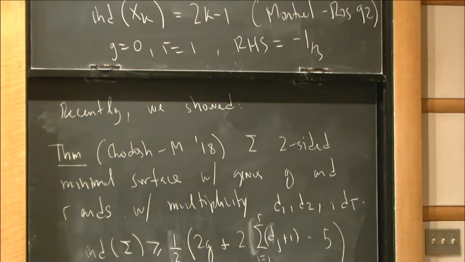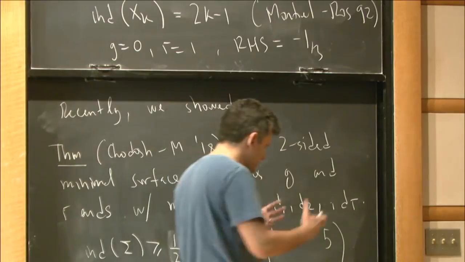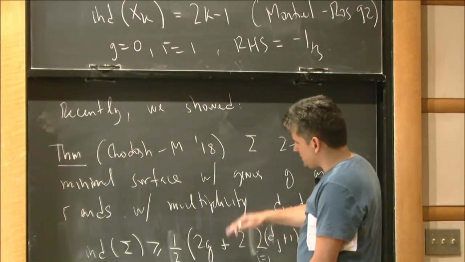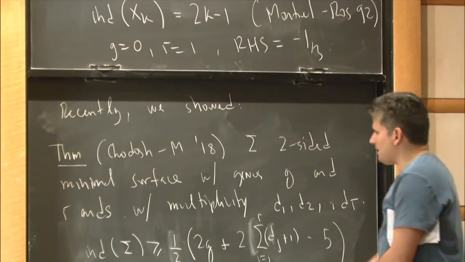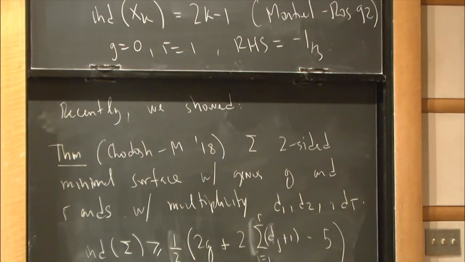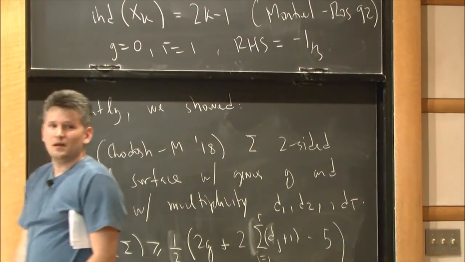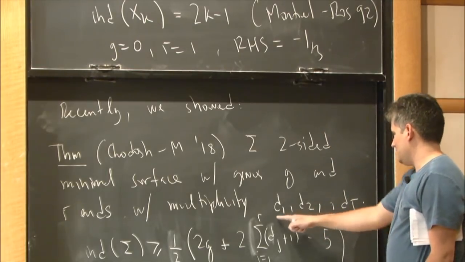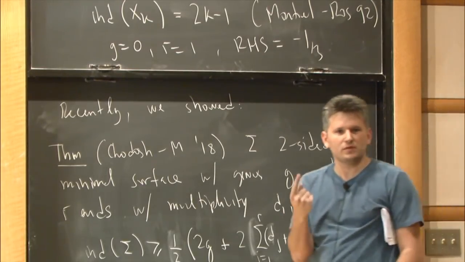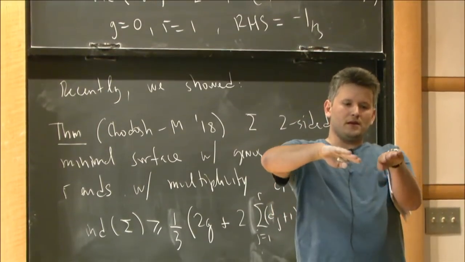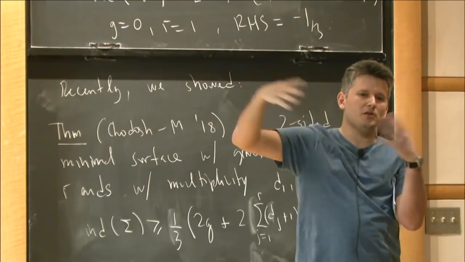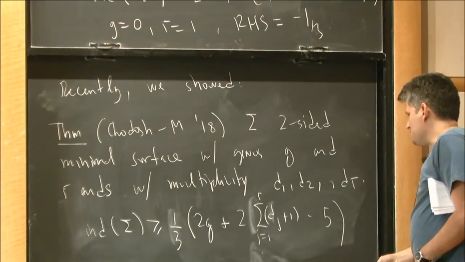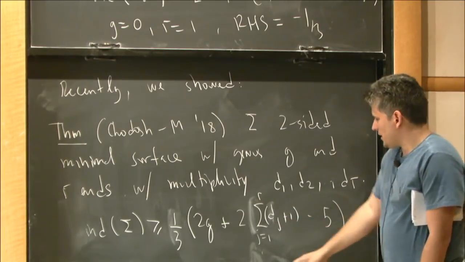Now, one interesting thing that we noticed when we were trying to prove this, when we had to understand better how our method worked near an end, is that this bound, when the surface is embedded, actually improves the previous one. If you plug in dj all equal to 1, that's what happens when the surface is embedded. The ends are embedded, the normal vector field converges to something, so the intersection with a large ball is just going to be one curve. So these numbers are all 1. So we get here,